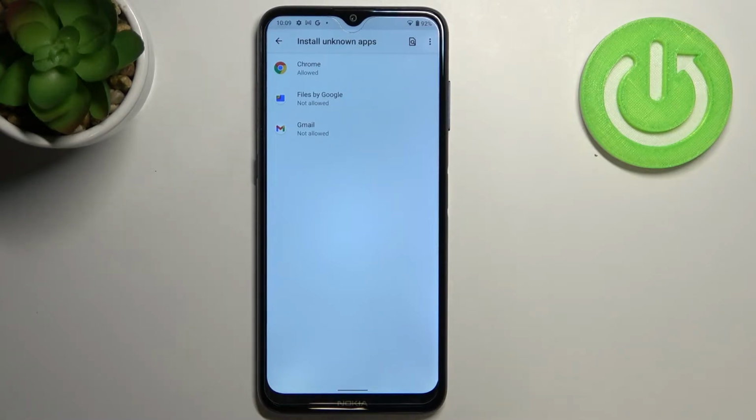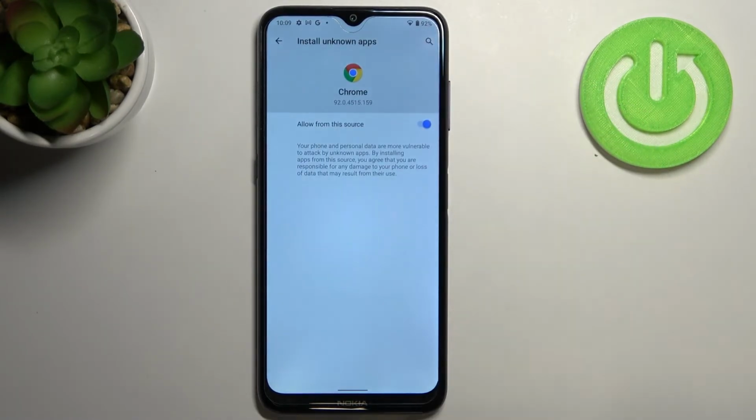But be aware that you're doing it on your own responsibility because some third-party apps aren't verified by the developer. So you may put your device and data at risk. So remember about that. Of course, you can turn off all of those permissions, just go back,